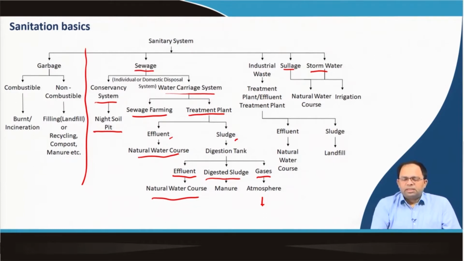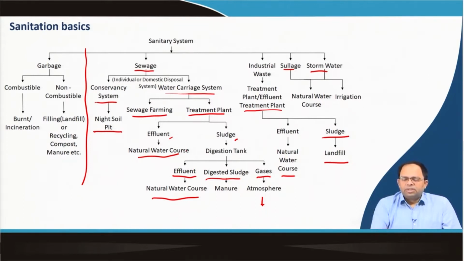And industrial waste, if there are different kinds of waste, of course, we are not talking about chemical waste here, which has to be treated of course, but usually the waste which is primarily water, we usually have an effluent treatment plant within the premises of that industry, because particularly in urban areas industries cannot discharge effluents of course. So, the effluent after treatment, when it is okay, we can dispose of in the natural water course, and the sludge that is generated we can send to landfill, because industrial sludge we do not take to sewage farming, or make manure out of it.